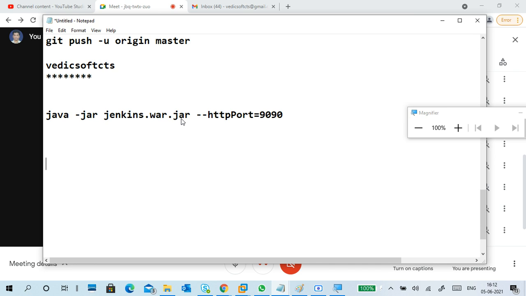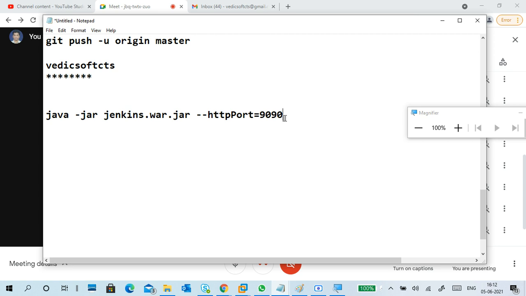If you want to run this as a Windows service, you can make it so whenever you start your machine, Jenkins will run automatically. Here I'm not doing that. Anytime I want, I will start the Jenkins server manually.